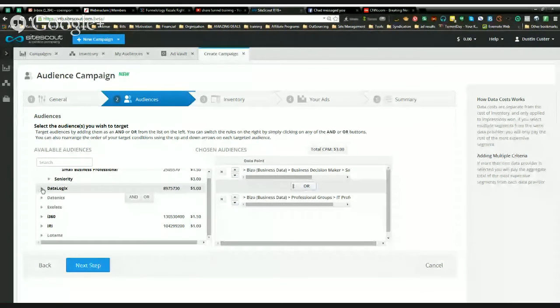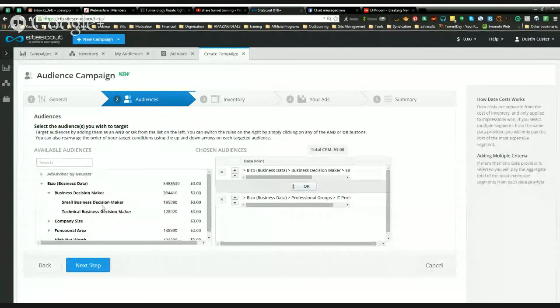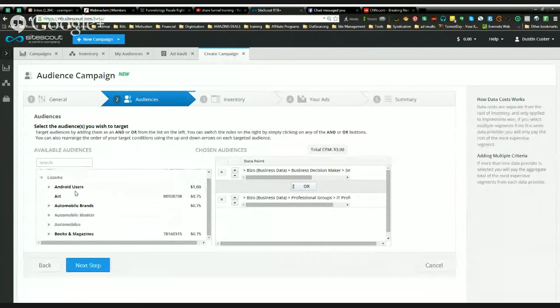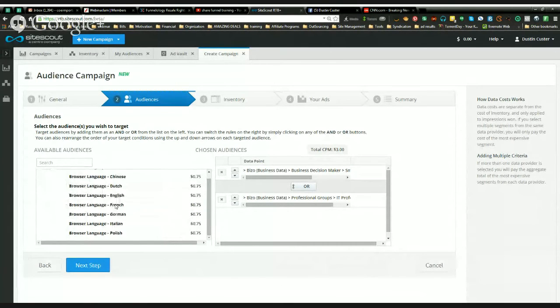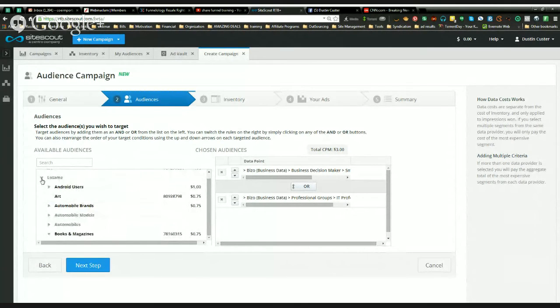You can choose the whole thing, or you can go in and go by lifestyles. Some of you guys might recognize Data Logix. It's one of the ones that Facebook goes with. New Star, and these other ones here, you've got Nielsen, which is another one that Facebook uses as well. But you can target people by specific types of literature and even by the language in their browser as well. So all options here, right,